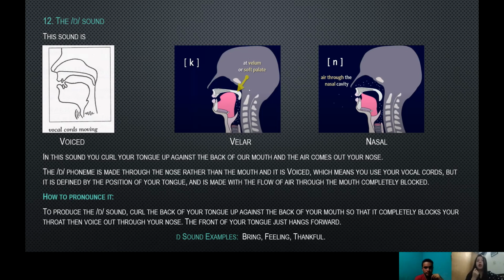How to pronounce it? To produce the sound, curl the back of your tongue up against the back of your mouth so that it completely blocks your throat and then voice out through your nose. So in this case, the sound will be like this. We have some examples like we, really, and